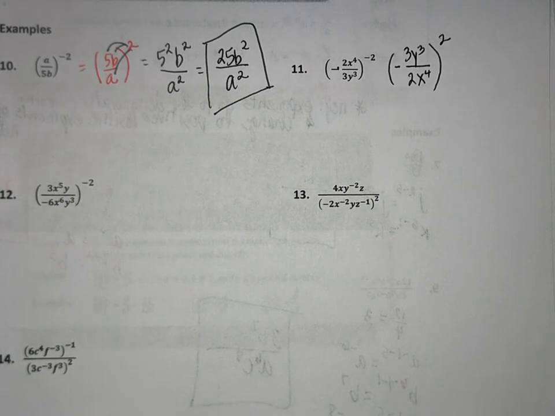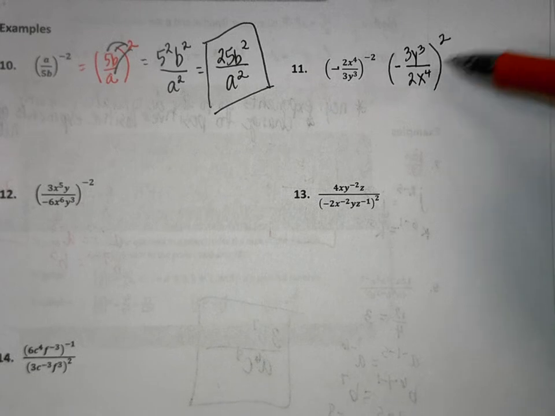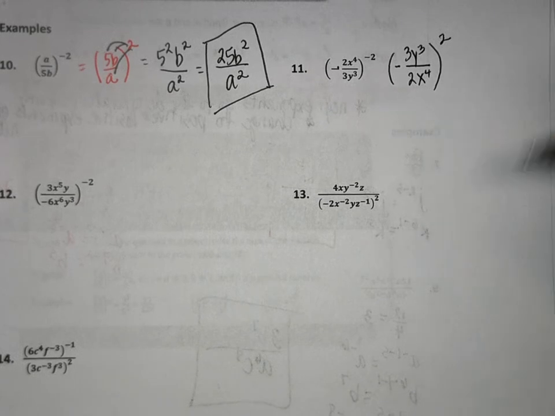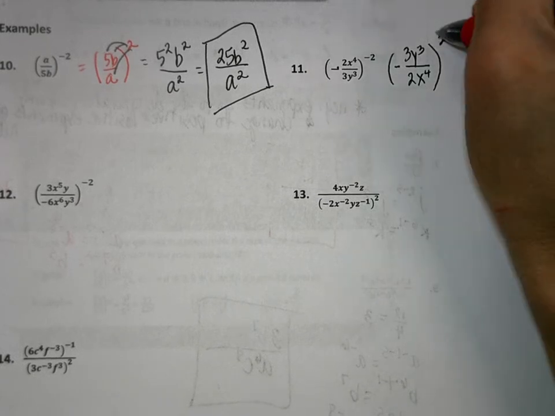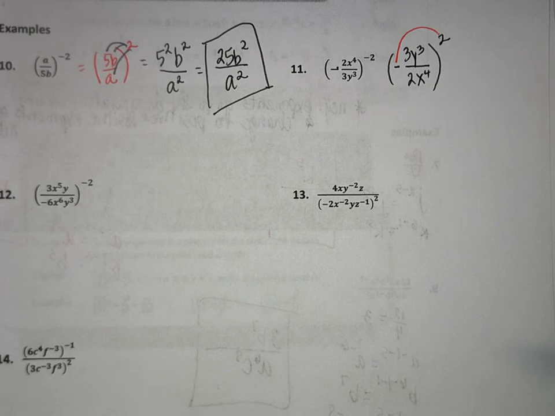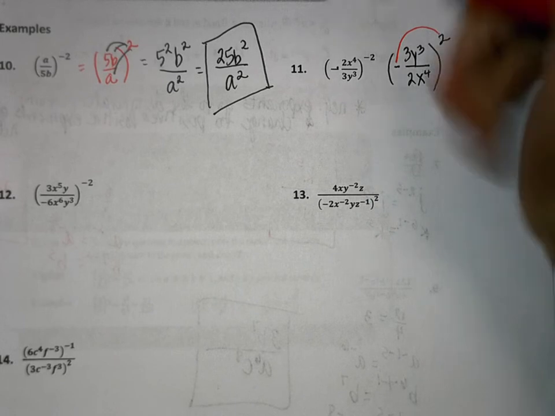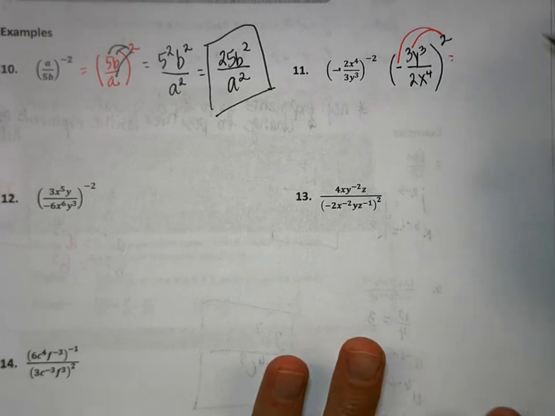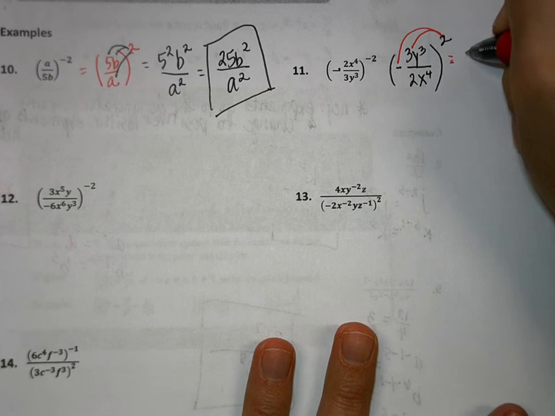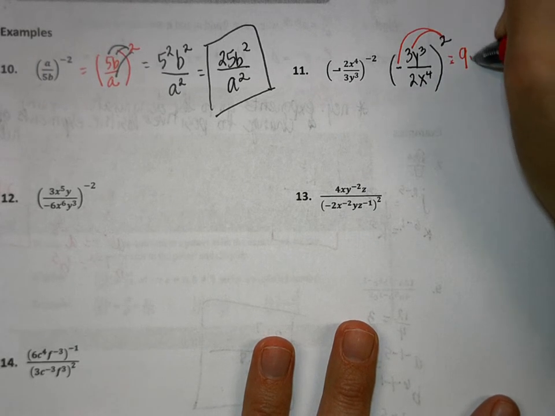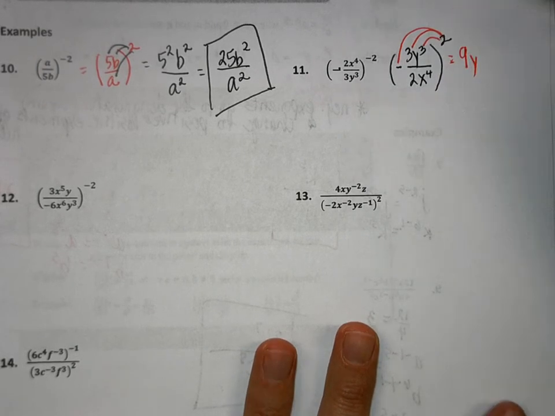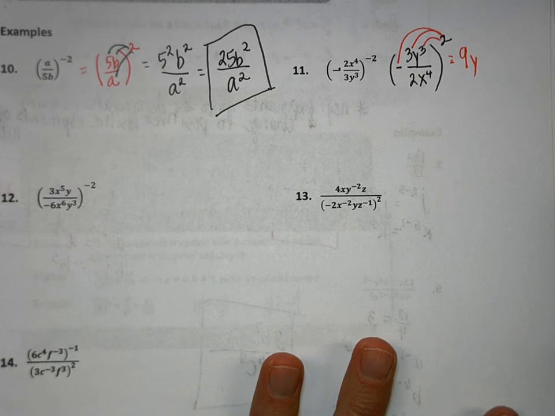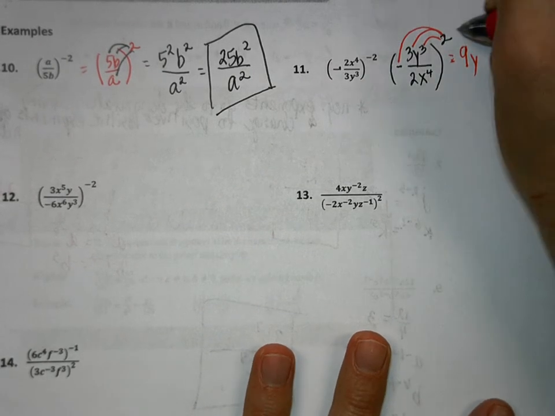Now remember, this 2 now is touching the parentheses, so it goes to everything inside. Well, what happens when you have a negative times a negative? It makes a positive. Okay? So that's going to become positive, and then we have, and I take this one step at a time, 3 to the second power, and we can go ahead and just write that as 9. Y to the third raised to the second power will make y to the 6, very good, 6 is correct,